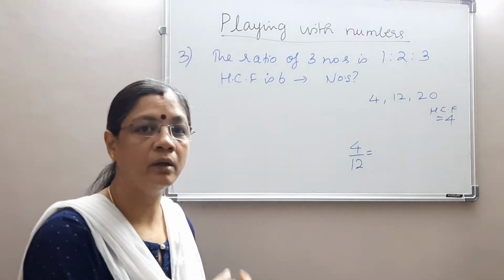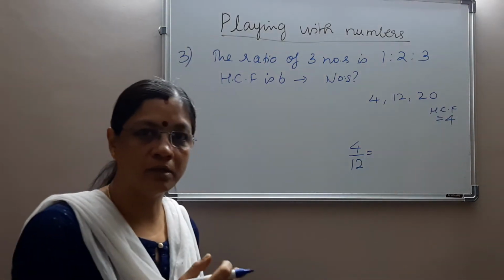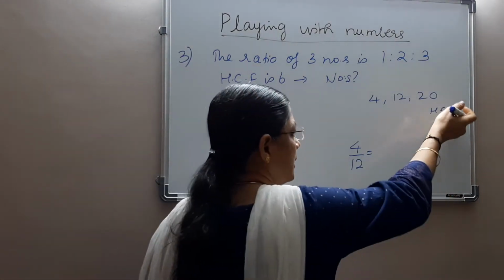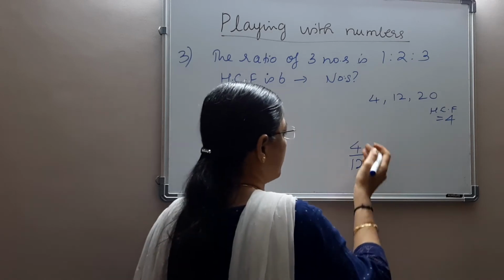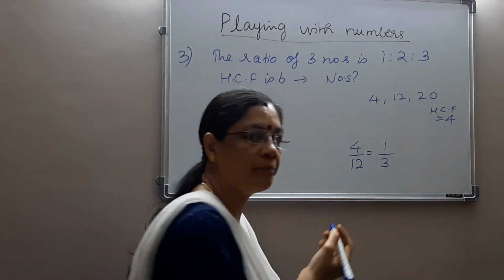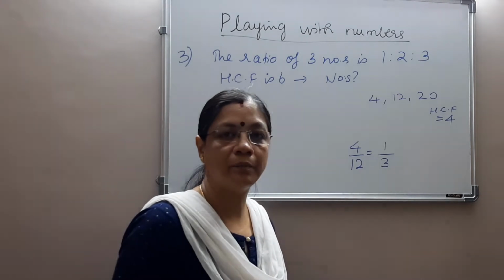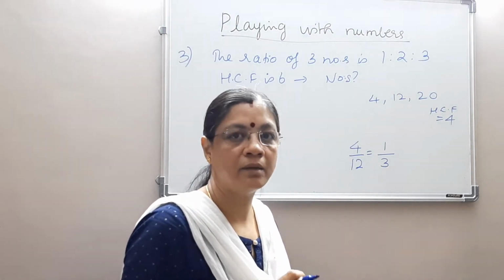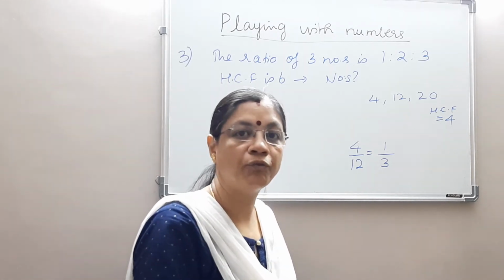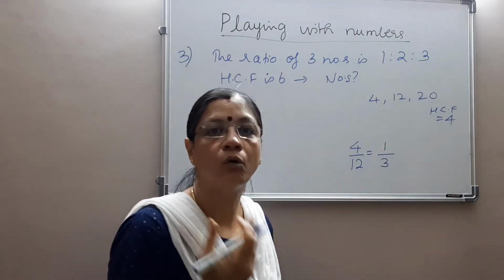So actually we have been studying about the common factors, that is the HCF, the highest common factor. So we know the HCF of 4, 12 and 20. So we have the HCF here. So divide the numerator and the denominator by the HCF. So we have 4 divided by 4 is 1 and 12 divided by 4 is 3, isn't it? So this fraction actually is reduced to its simpler form. The simpler form means the numerator and denominator don't have any other common factor other than 1. That is, in terms of co-primes, the numerator and denominator numbers have to be co-prime numbers.